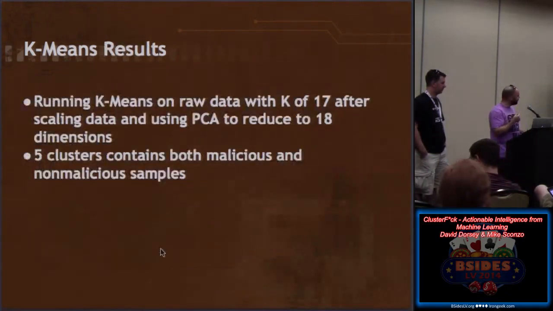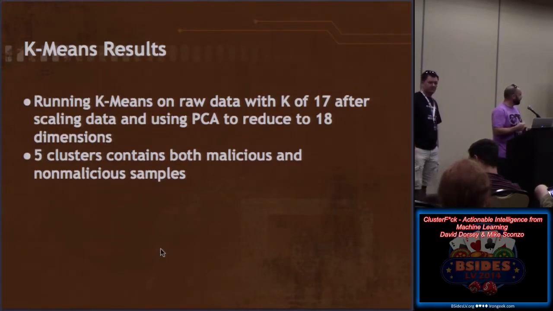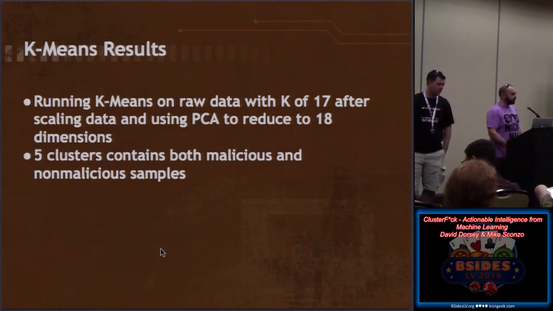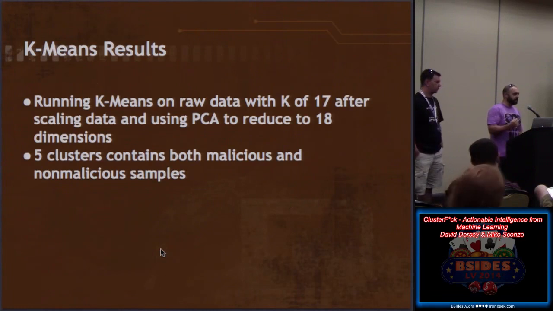So once again, we wanted to try doing both PCA and scaled and compare it. So pretty similar, 5 clusters, right? Both malicious and non-malicious. And a brief note too, the code that we will be releasing, you can just give it a command line flag and say, do this with PCA and choose this many dimensions, or take a guess at how many dimensions you think it should use. And it'll do all that for you, so you don't have to do anything but what I like to call the Homer Simpson school of analysis, where you just push a button, and then it does everything for you, for some definition of everything.